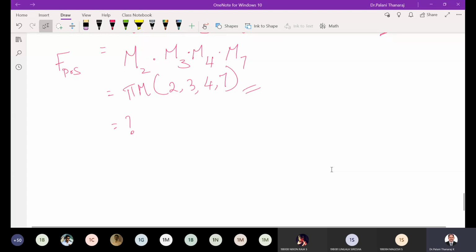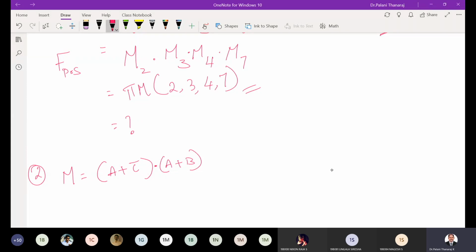So let me give another sum. I'll give it in POS form. Now you have to convert to a standard POS. The question is, let me take some value, M equals A plus C bar, times A plus B. So this is my POS. It is POS, right? You agree? Because it is a product of sum terms.